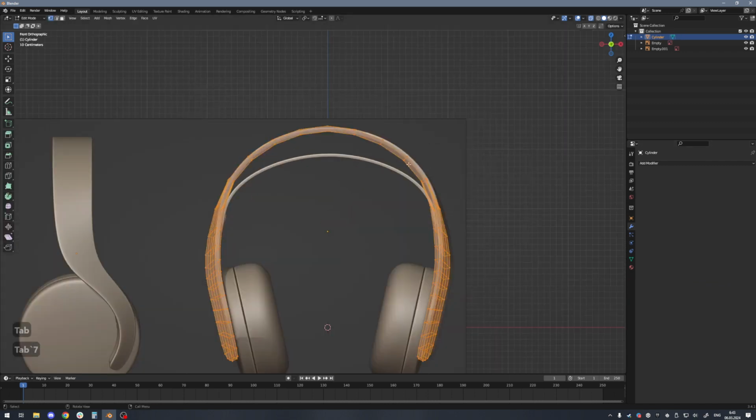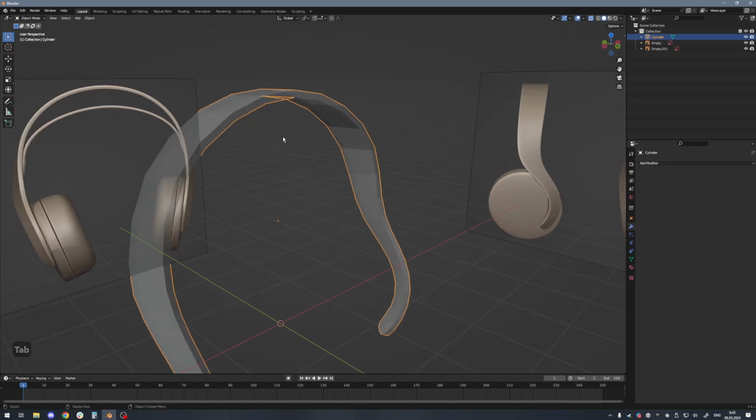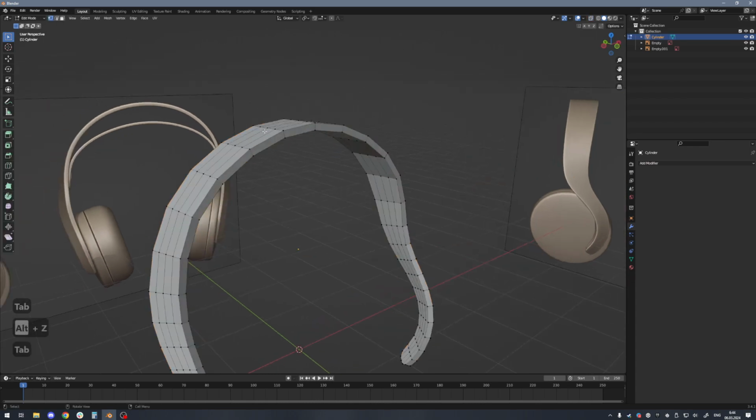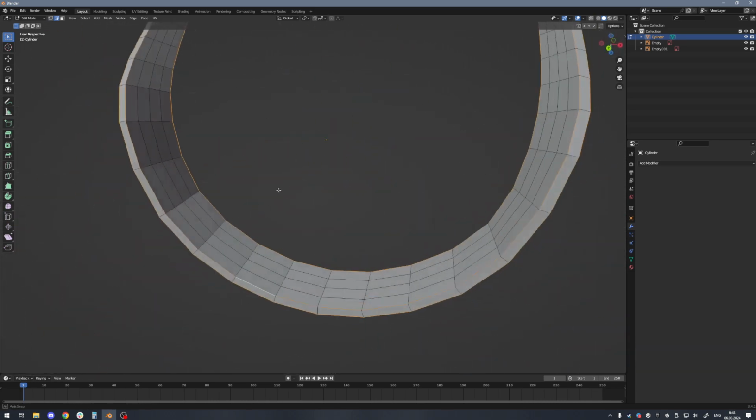I'm not just matching exactly to the blueprint, but I suggest you do so in your coursework. But still, I won't be measuring by centimeters and checking every small piece. I'll just be measuring it by eye. But still, it would be better for you to have a model which is matching the blueprint at maximal point. So I will select these edges